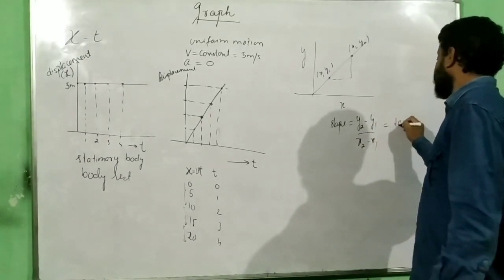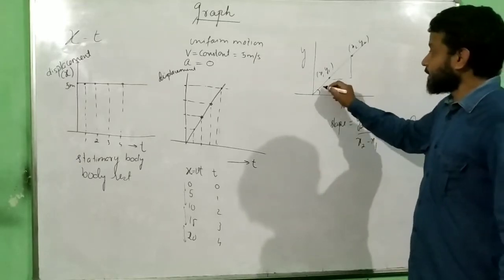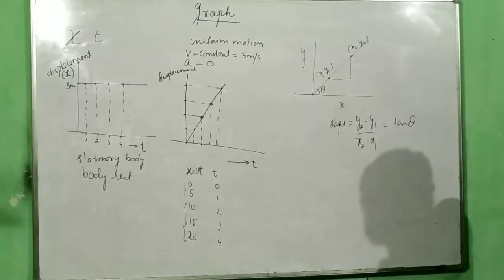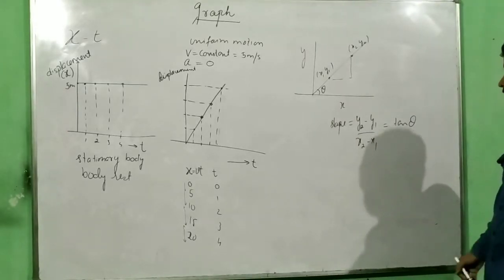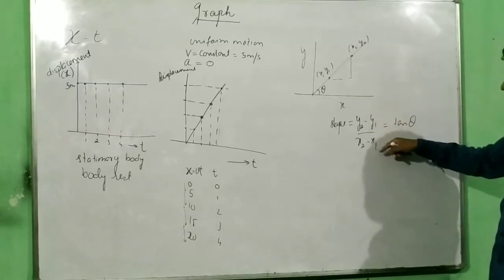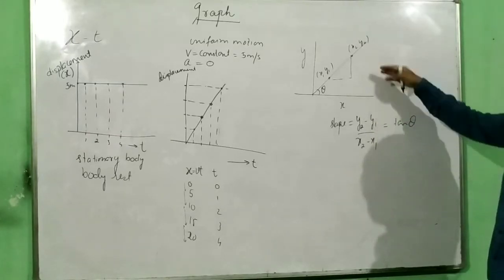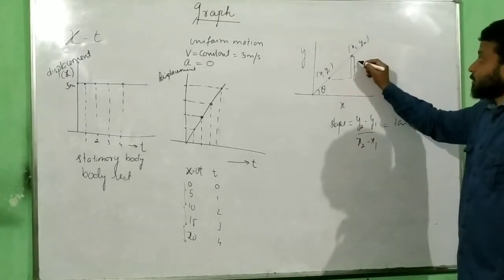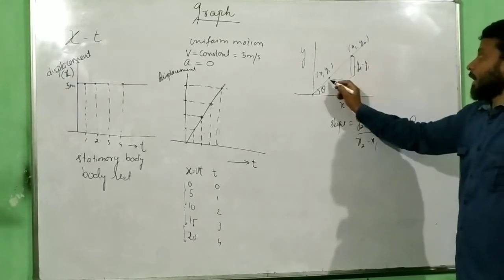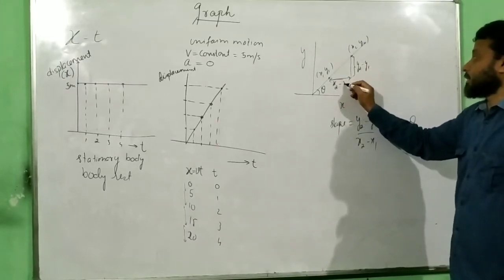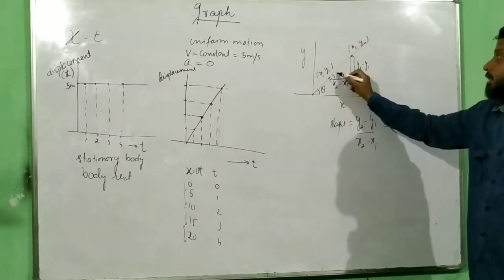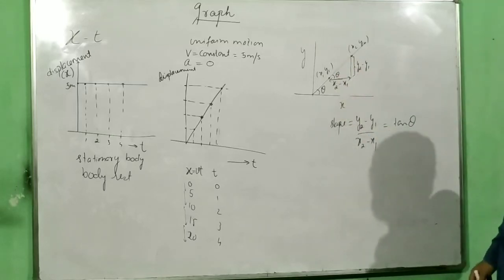And this slope was also known as tan of theta, where this theta is the angle made by the straight line. And in some books they also called it rise by run. How much it goes up and how much it goes in this direction, run. So basically this one is your y2 minus y1 and this one is your x2 minus x1. So perpendicular divided by base, and obviously it should give you the value of tan theta.